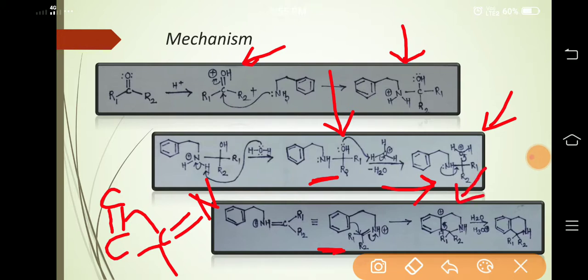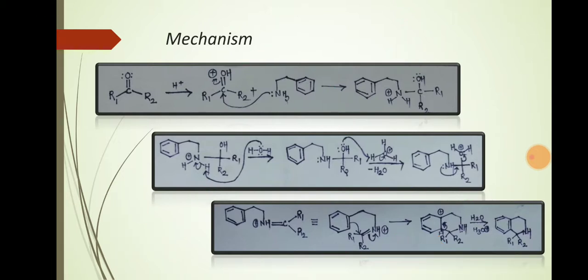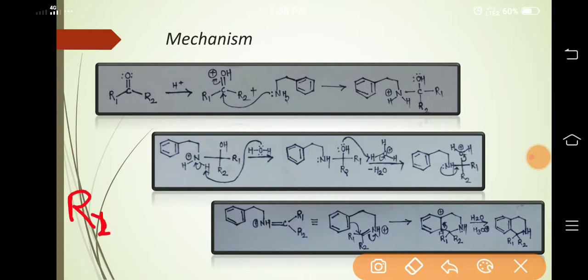So, now this leads to the loss of aromaticity, which can again be aromatized by the removal of this proton by the water molecule, which is again present in the reaction medium, leading to the generation of this tetrahydroisoquinoline derivative. Now, if one of the R groups, consider R2 as H, then